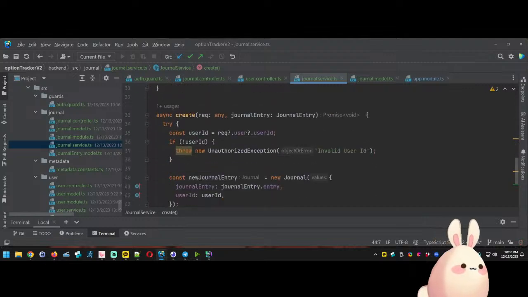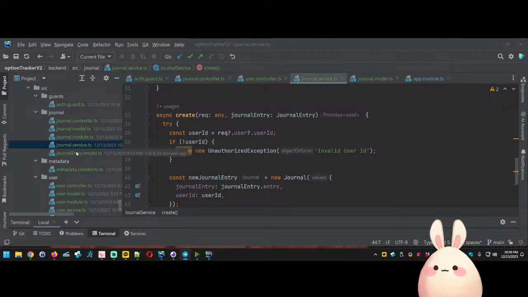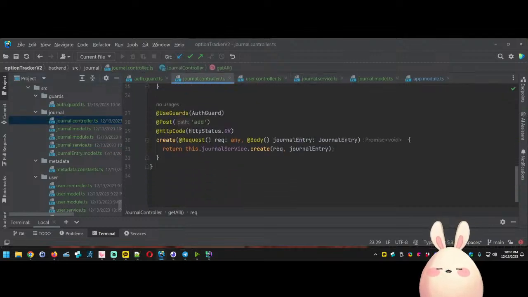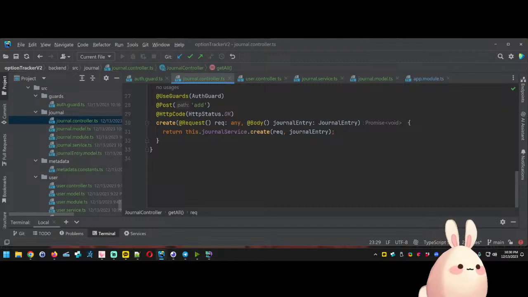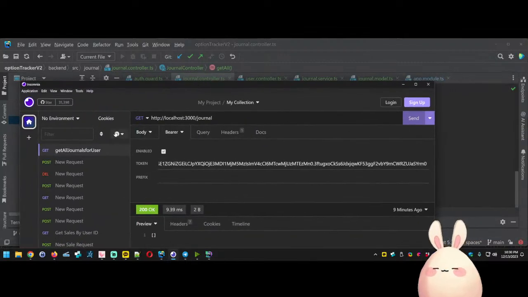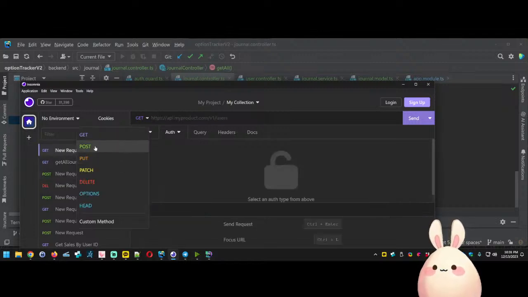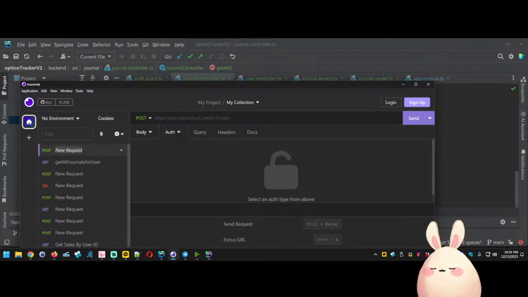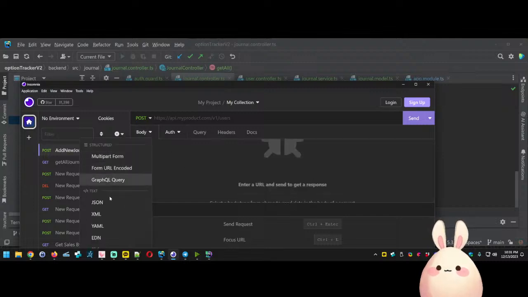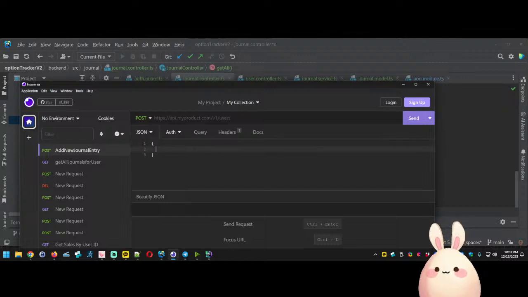Let's go ahead and test out our new endpoint. So we have create, and on the controller we have create, which we call add. So let's add a new HTTP request. It's not going to be a get. It's going to be a post. Add new journal entry. The body is going to consist of JSON. I'll call it, I think, entry is what I called it. Test